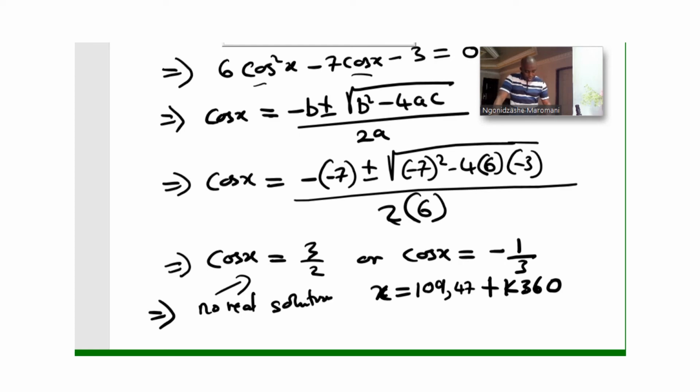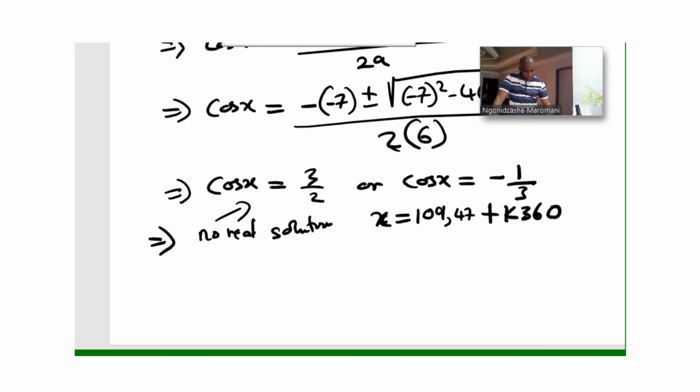And now, therefore, my x is now equal to 360 minus 109.47 plus k times 360, which simplifies to 360 minus 109. It now means my x is equal to